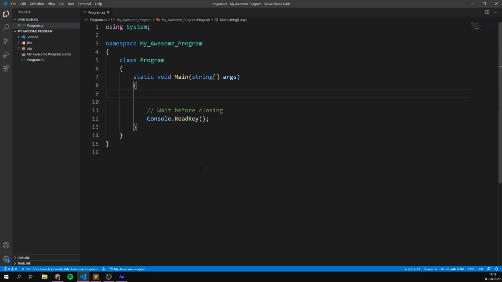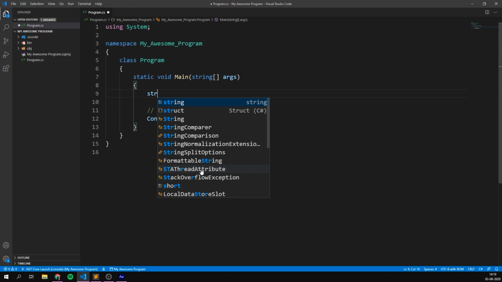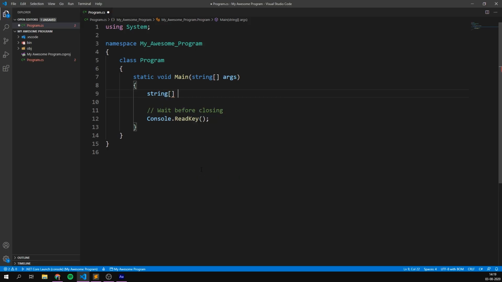So let's start out by creating an array. I'm going to create a string array, and I'm going to have it store some of my favorite movies. And since I know these beforehand, we can go ahead and use the equal sign, then some curly brackets, followed by a semicolon. And in here, we can put some of the movies. So I'm going to start with Lord of the Rings. I'm going to throw in Fight Club, Interstellar, and let's just put in Gladiator. Definitely a lot of good movies here.